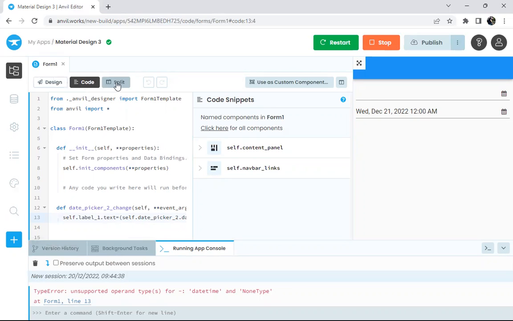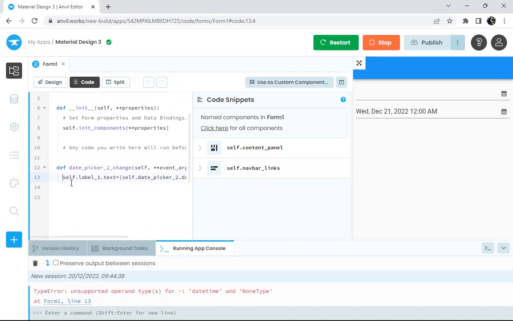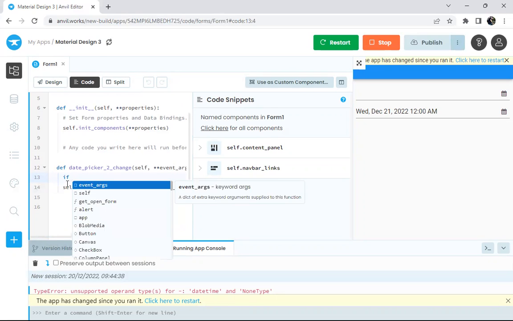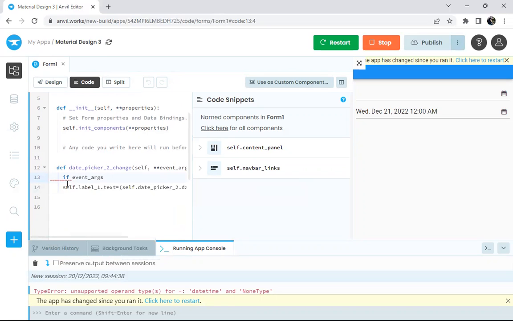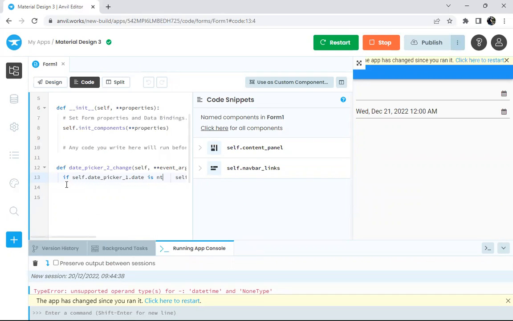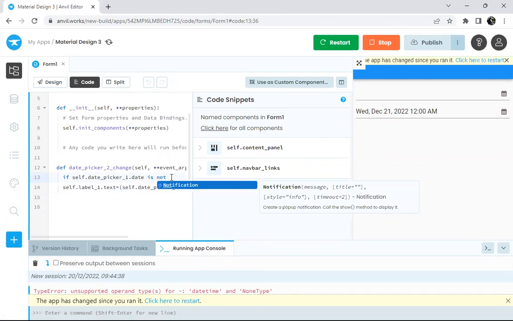If we click on that, it brings us right to where the error has occurred. So what I'm going to do is go over here and use a Python if condition. And I'm going to say if both the date picker one and date picker two are not none, then we'll go ahead and perform that calculation. So if self dot date picker one dot date is not none,